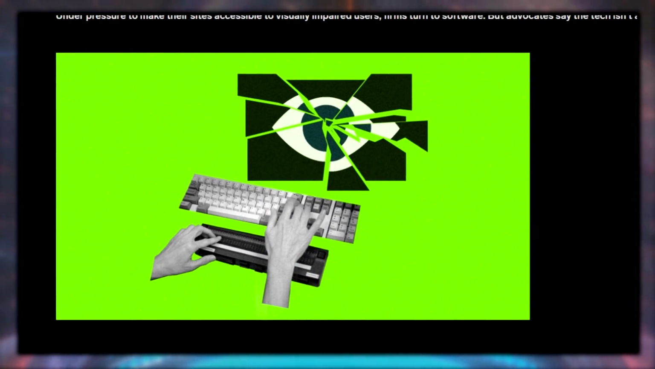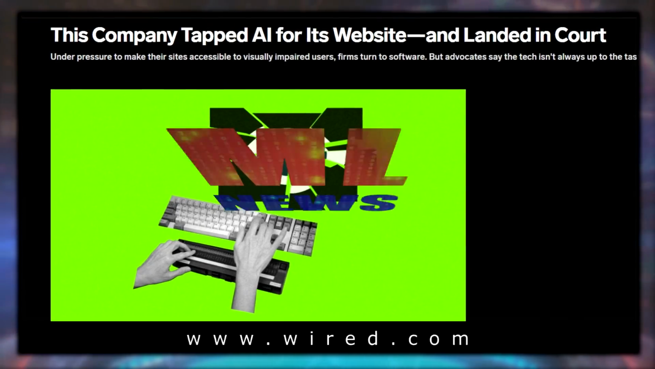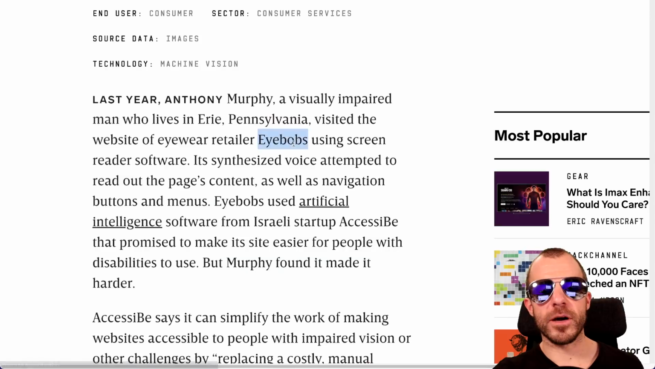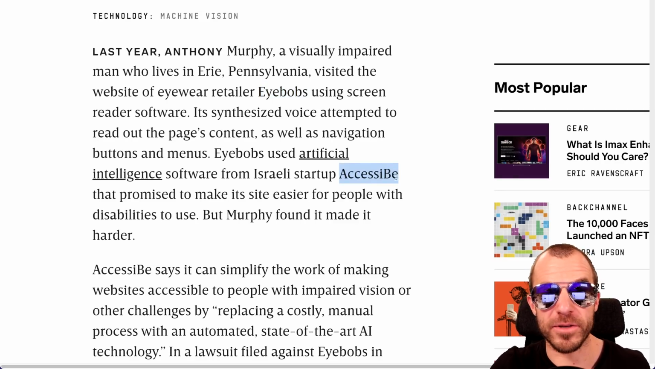Wired writes, this company tapped AI for its website and landed in court. So this is an article about a company that is being sued because its website does not conform to the accessibility standards of the W3C consortium. The company in question is called iBobs, and it used this other company called Accessibe to make its site more